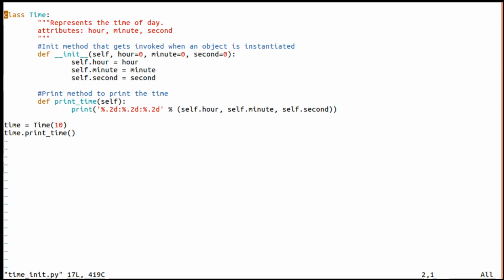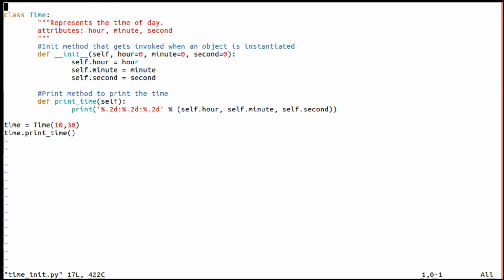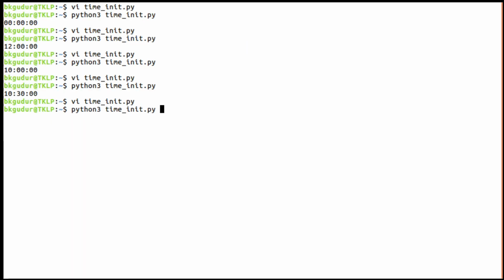If we want to give 2, like 10:30, then give the second argument as 30, so hour and minute will be overridden, and we get 10 hours 30 minutes and 0 seconds. And if we give all 3, with 30 seconds, we get 10 hours 30 minutes and 30 seconds.